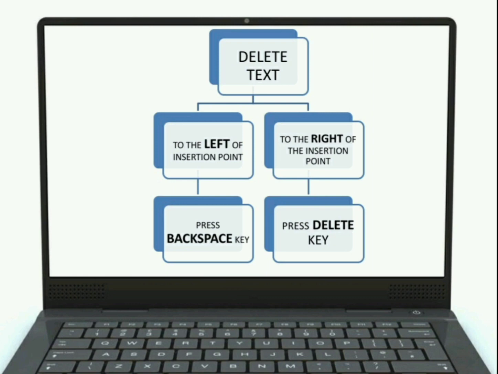I repeat, to delete any text to the left of the insertion point in Word, you are required to use the backspace key, and to delete any text to the right of the insertion point, you are required to use the delete key of the keyboard. Kids, this is a very important topic for your exam purpose.